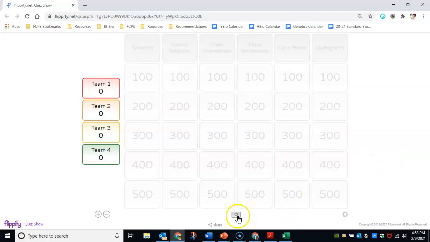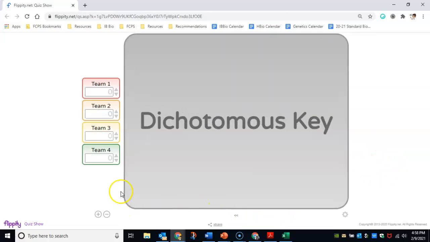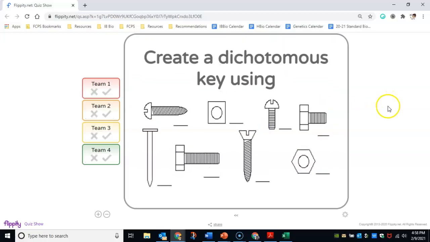All right. And our last question is, what is it called? Final Jeopardy? Final Jeopardy. It's all about dichotomous keys. Now, it is asking you to create a dichotomous key. Of course, I'm not going to make a full dichotomous key, but a good way to break this up, my first piece would be,